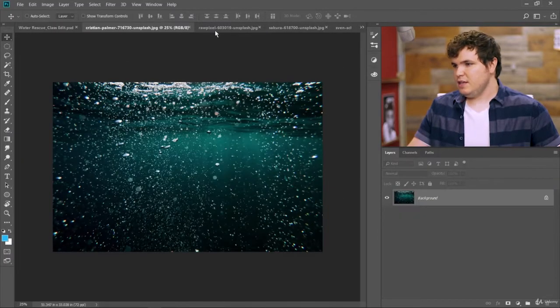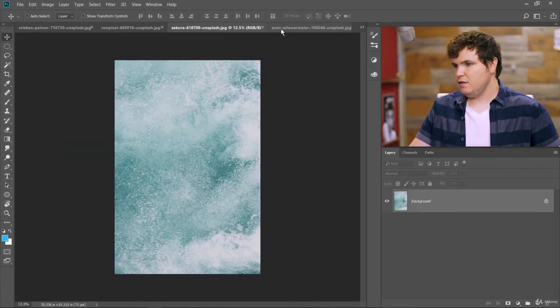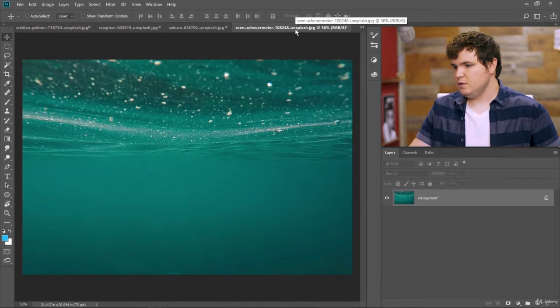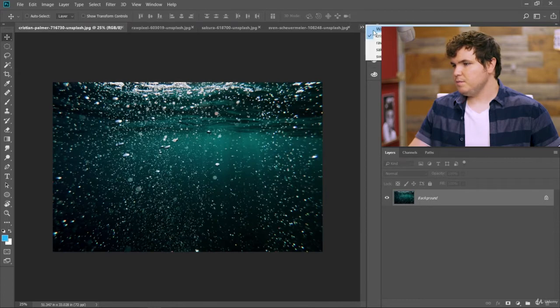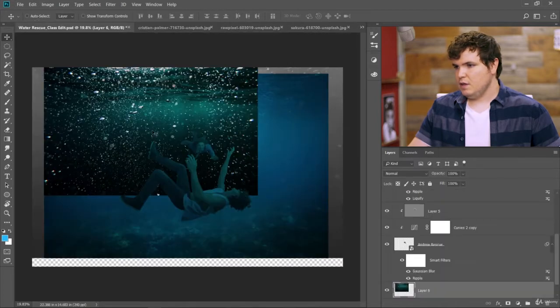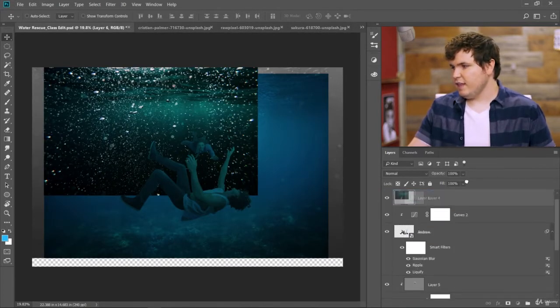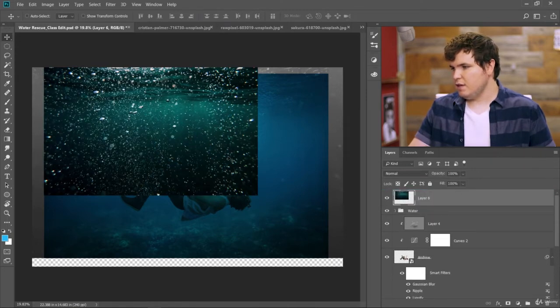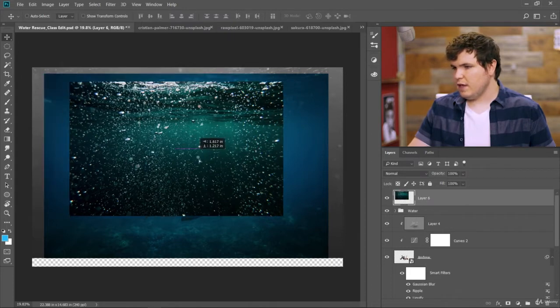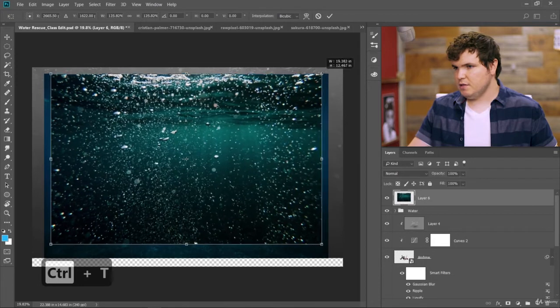Now to finish up this composite, let's bring in the other water overlay stock images that we have, and then we'll make some global adjustments to the image. So let's take a look here. What we want to do. Okay, let's first bring this image. Now this is just going to act as an overlay like we've done in the past. So I'll put it above everything, and we'll just transform it, scale it up to cover the whole image,